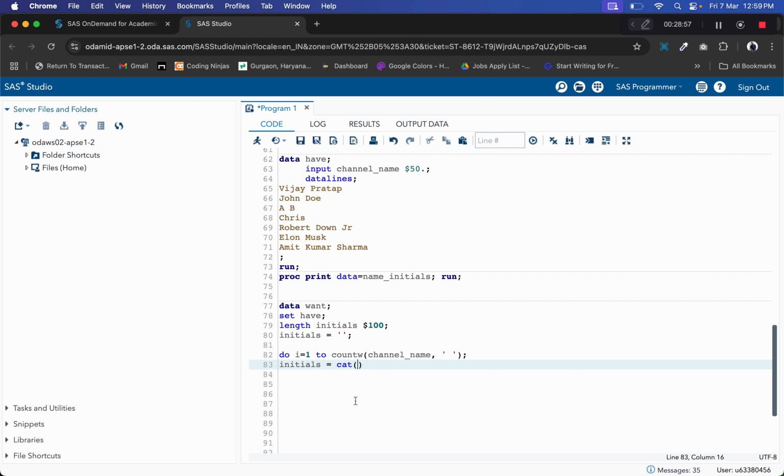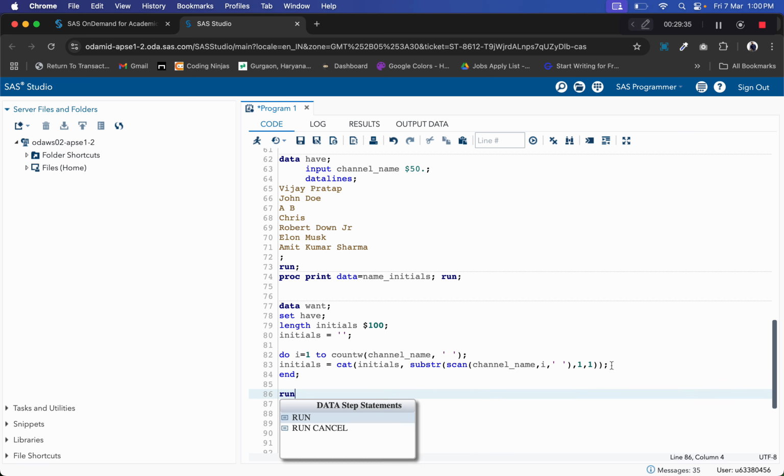In the cat function we are passing this initial, and we are doing substr of scan of channel name, i, comma, this space, and we are doing 1 comma 1, semicolon, and end, run.